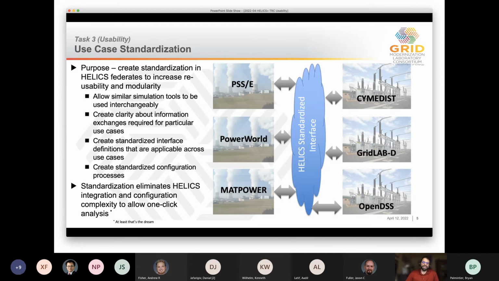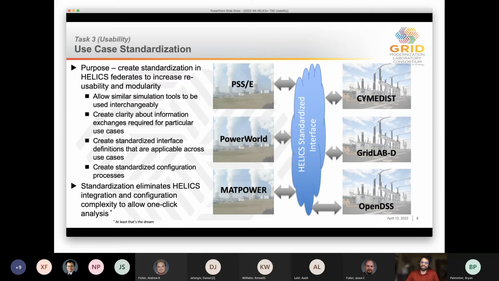So the big topic of discussion today, or that I want to present on, that I think will probably spur the most discussion, is what we call use case standardization. It's a term that I use a lot more. Some people on the team, historically, have called it the domain API. It's not exactly an API, so that's one reason I'm shying away from that term. But